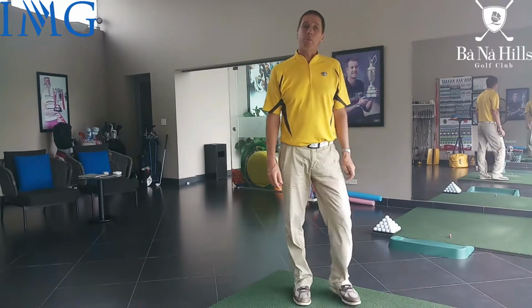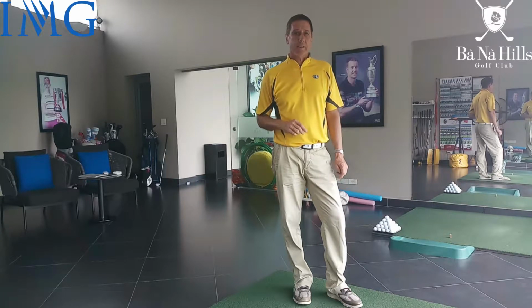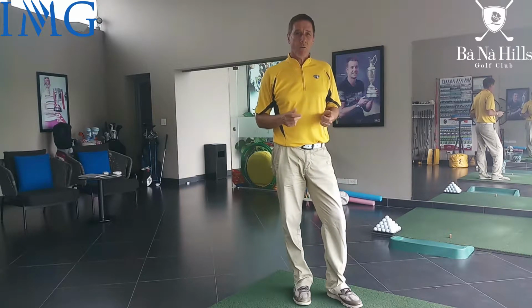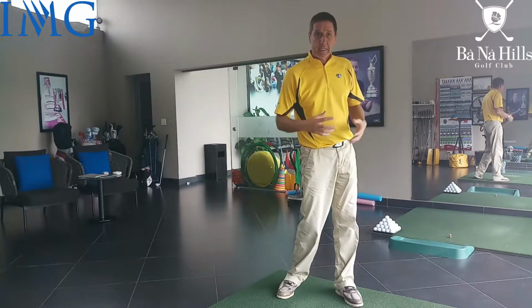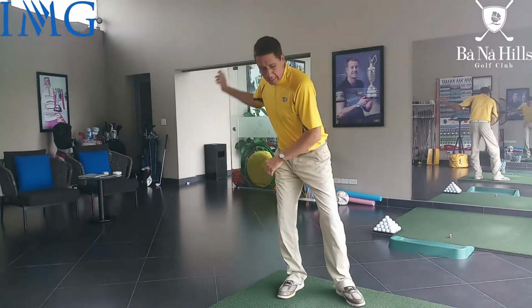Now, generally people that play lots of different sports take to golf a little bit more easily than people that don't play any sports. There's a lot of different activities, different sports that involve quite a similar motion to the golf motion, especially the way that we deliver our body into the impact zone. There's quite a lot of different sports that have a similar type of motion where we stack the weight on